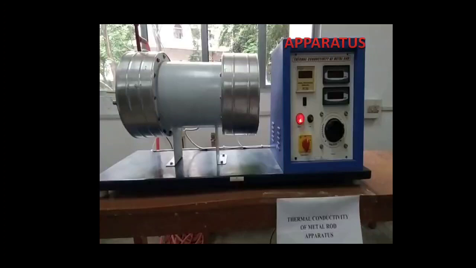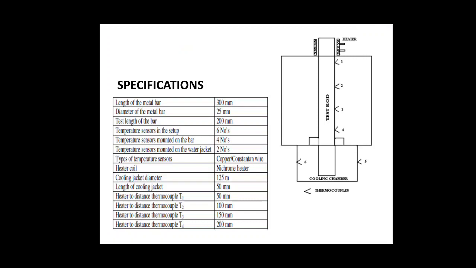This is the apparatus. On the left you can see the apparatus inside which the test rod is fitted, of which we will measure the thermal conductivity, and on the right you can see the control panel. Since the apparatus is not very clear, we cannot see inside. We can understand from the specification diagram here: the test rod is fitted inside the cylindrical enclosure, and to